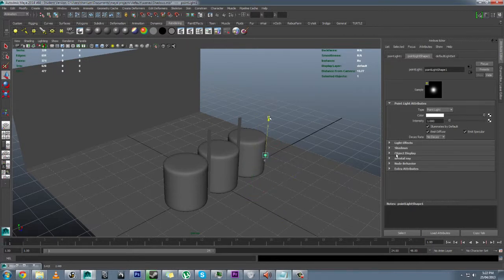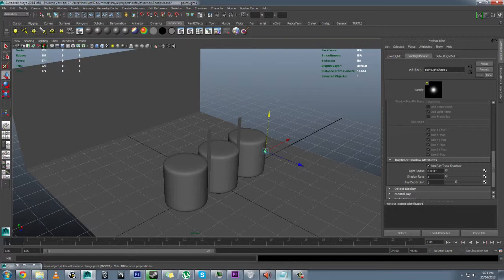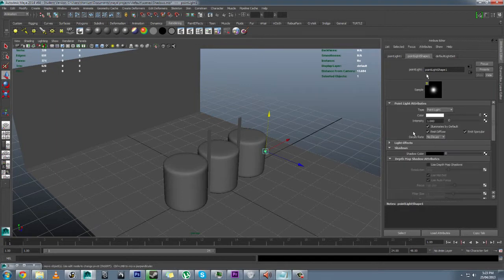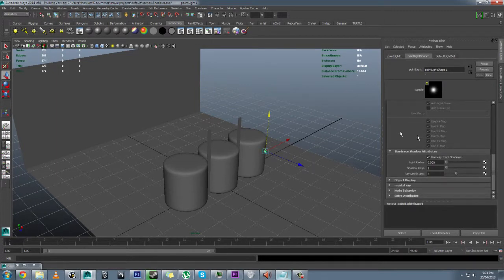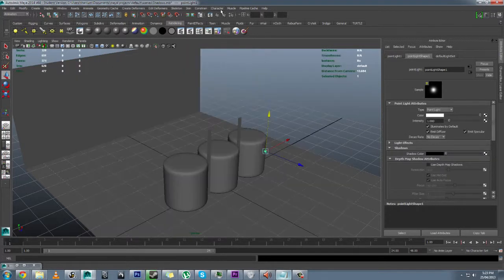If we just have this in, now I'm using Maya 2014, so by default it actually activates shadows when you create a light, but in previous versions it doesn't actually, in my experience. So just double check once you've created the light in the attribute editor on the side. Just scroll down to ray trace shadow attributes and tick ray trace shadows. So basically by default it's given me these options. In older versions of Maya the ray depth limit will probably be 1, so I'll just set it to that, and shadow rays 1. So if we just leave it at default settings and we click render,